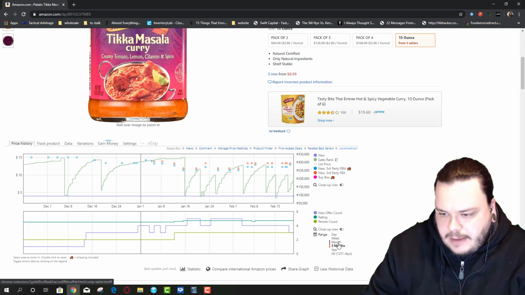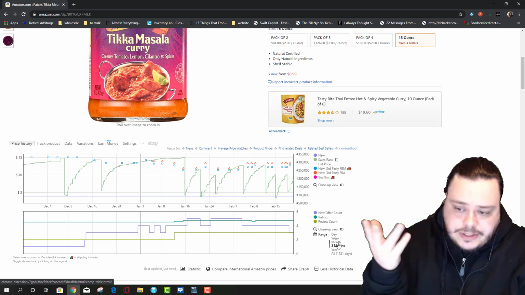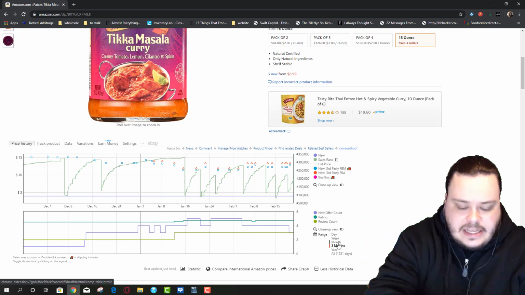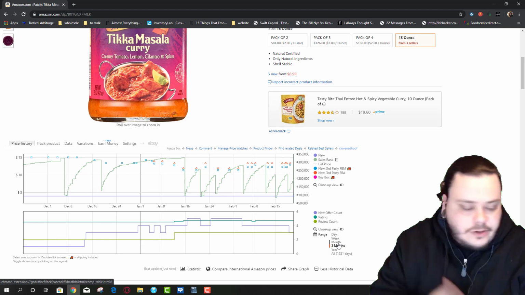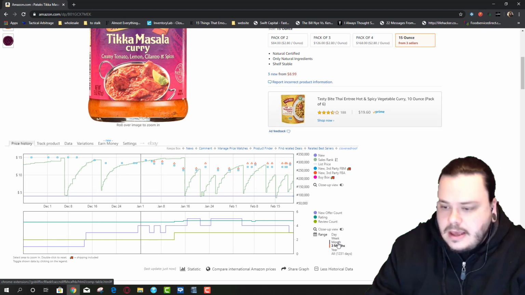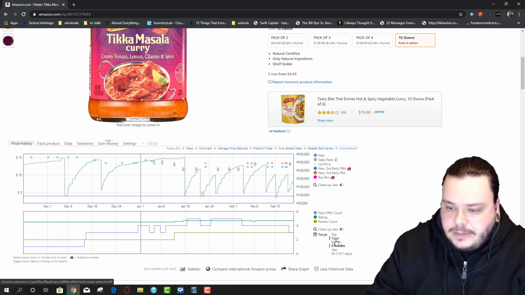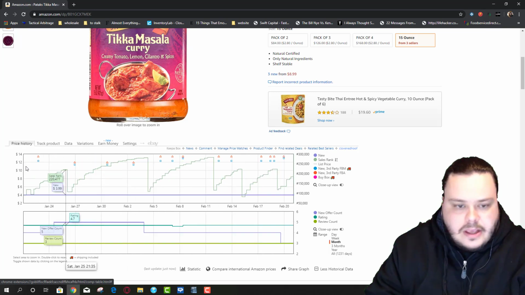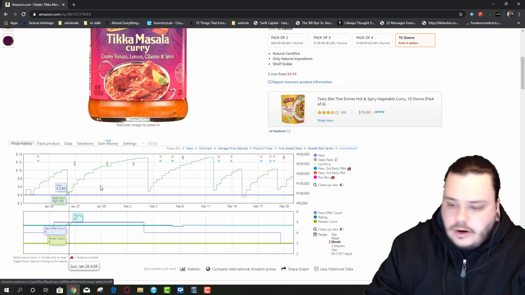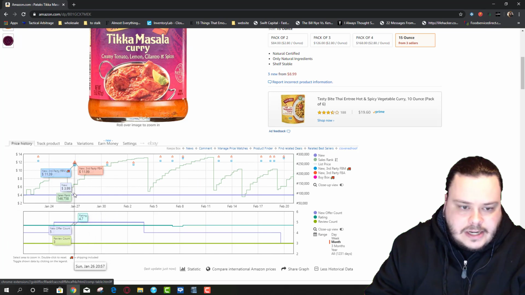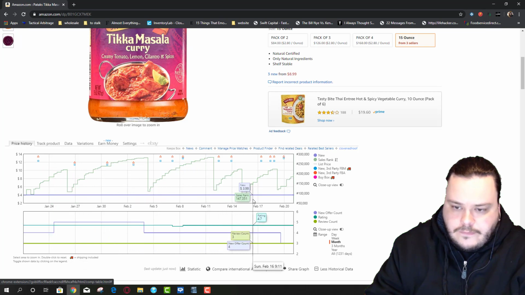So the first thing I'm looking at, and I am doing this on the computer, but that's only because it's the easiest way for you guys to be able to see it. I do this on my phone all day, every day. I never buy anything without analyzing it with KEEPA. I like to look at the week or the month and then start to break down how many times this is selling. 1, 2, 3, 4, 5.